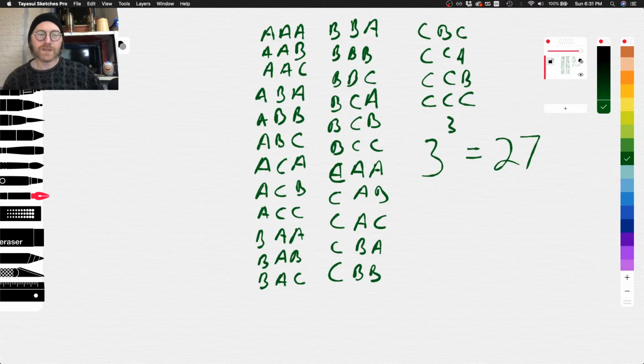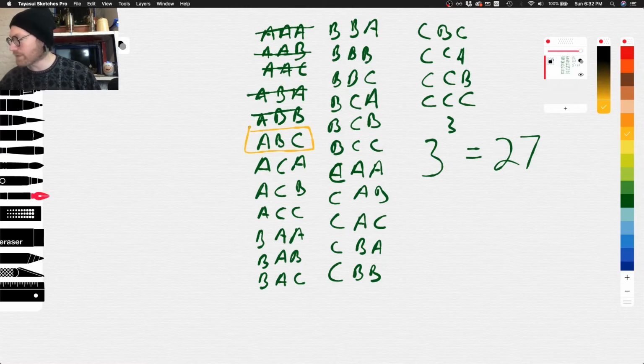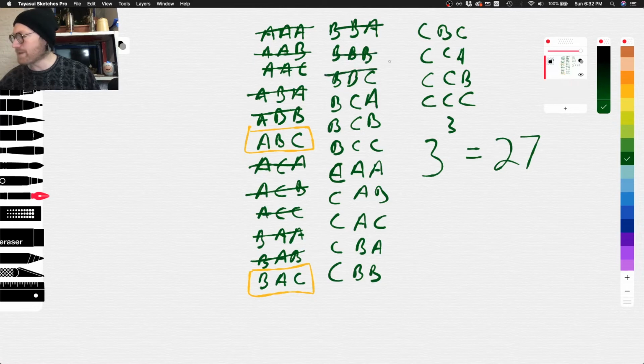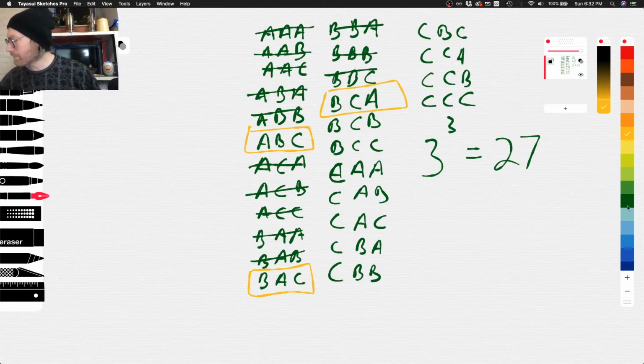Okay, so now that that's all counted out, let's cross out the items that have duplicated values, and then we'll be looking at the permutations. So anything with a duplicated value, I'm going to cross out, and I'm going to circle anything that doesn't have a duplicated value. So AAA, AAB, AAC, ABA, ABB. Okay, well, there is a value that works, ABC, and then ACA, ACB, ACC, BAA, BAB, BAC is a valid permutation. BBA, BBB, BBC, BCA. Oh, BCA is a good one. Let's get that. BCA, BCB, BCC, CAA, CAB,